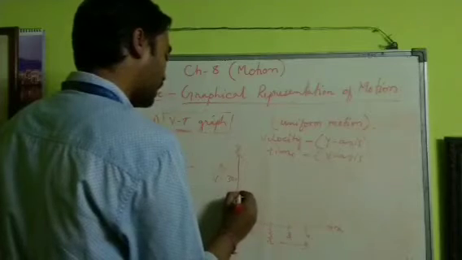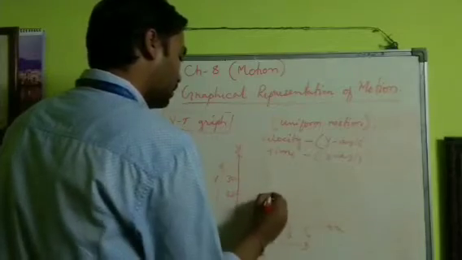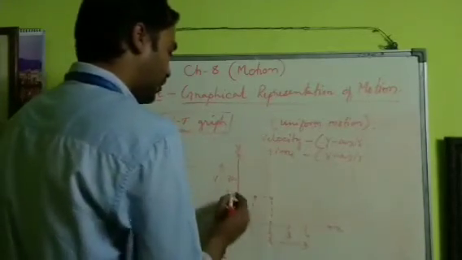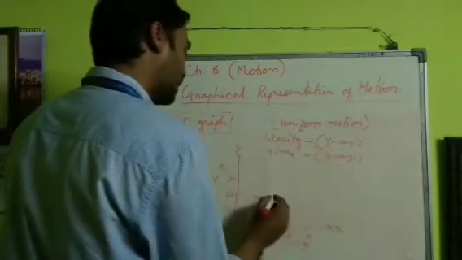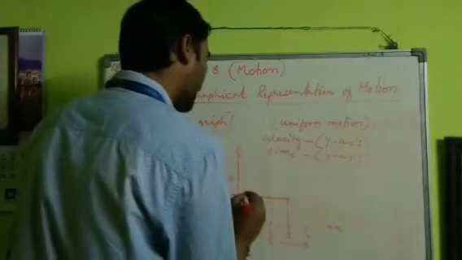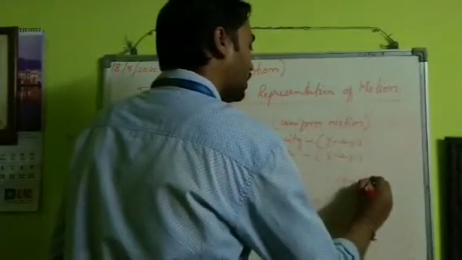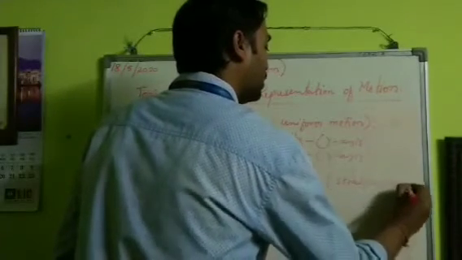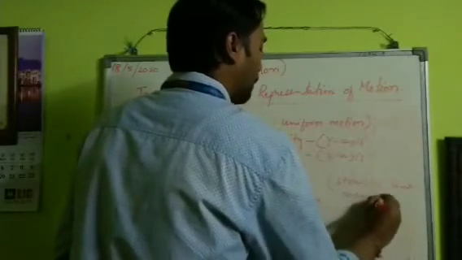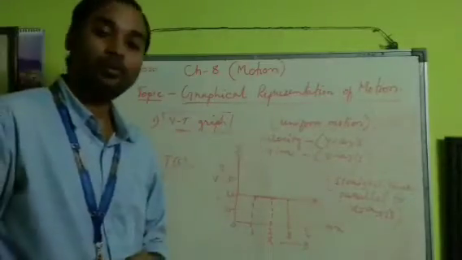So in the first second the velocity is 20, at the end of the first second we have the same velocity 20, and at the end of the third second the velocity is still 20. So if we connect these three points, we see that it is a straight line which is parallel to what? The x-axis. So you can note down, this is a straight line parallel to the x-axis. So this is the velocity time graph for a uniform motion.